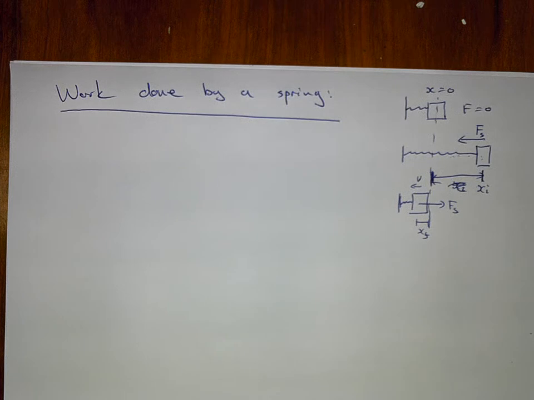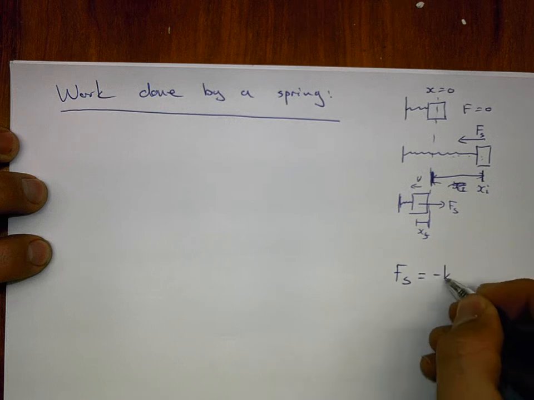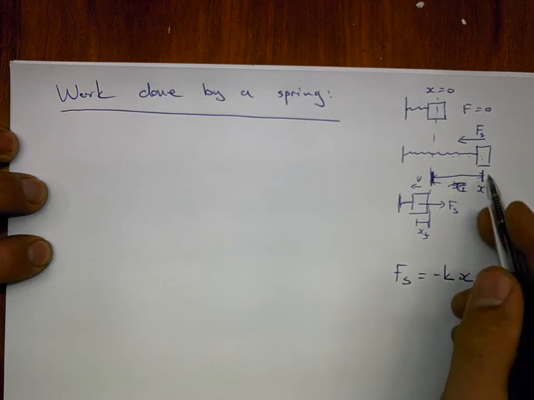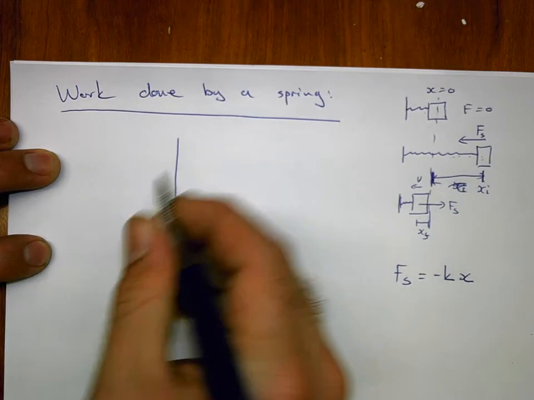Initially the spring is accelerating this object, so it's adding velocity, adding energy. Once this object is past equilibrium, the spring now says, hold on, I'm trying to stop this object. So the spring starts to remove energy, starts to impede the motion of the object. Now we know that the spring force has to be equal to negative a constant times the position of this object. So if we draw this on an axis,